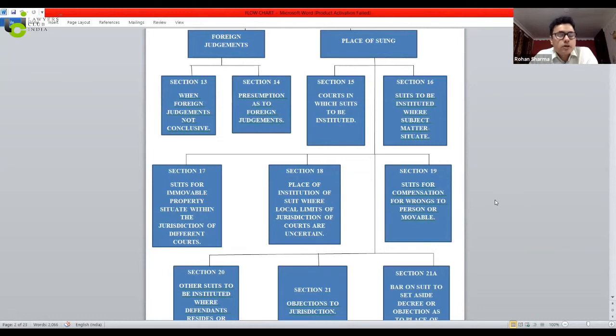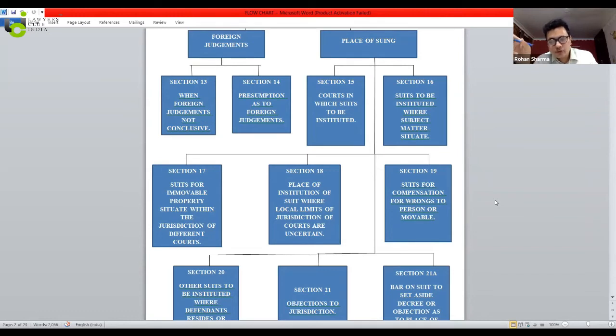Section 15 also gives you certain leeway to file this specific suit in certain other jurisdictions, but there are certain regulations, of course. These conditions are that, let's say, there's a person against whom your claim lies, and that person is residing voluntarily in a different jurisdiction, or is carrying on his business in a different jurisdiction, or is working for gain in a different jurisdiction. In these specific cases, your claim against that person can also be instituted in the requisite court having jurisdiction